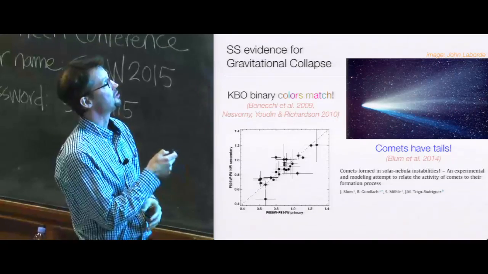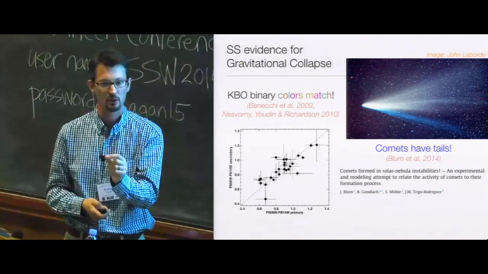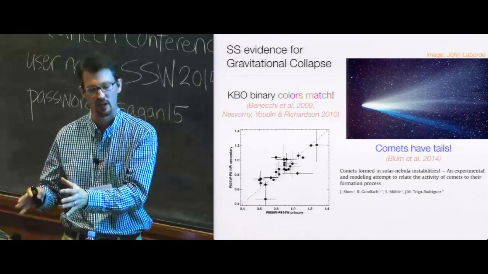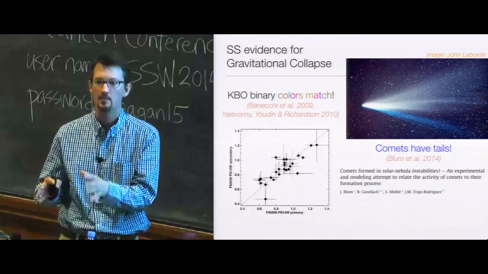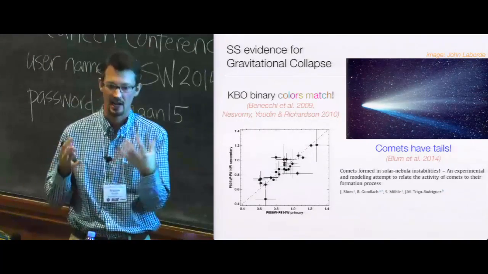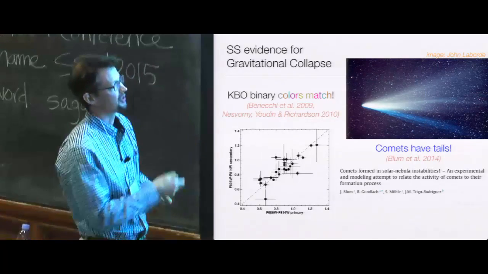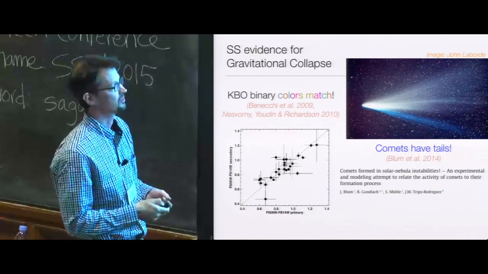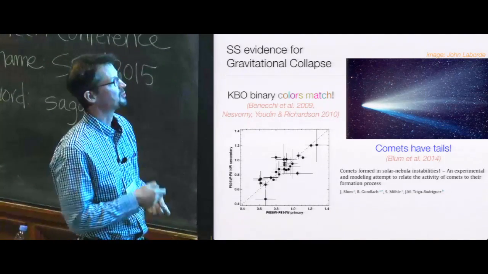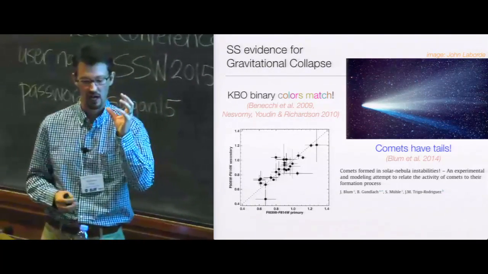So one of the key things you can do is look at the most pristine population of planetesimals that we have in the solar system. That's the cold classical Kuiper belt. There's a remarkably high binary fraction of roughly equal mass, equal size, 50 to 100 kilometer binaries. There's a broad range of colors of those KBOs, which are mostly binaries. But if you look at the primary and secondary, the colors match. So that suggests that those objects